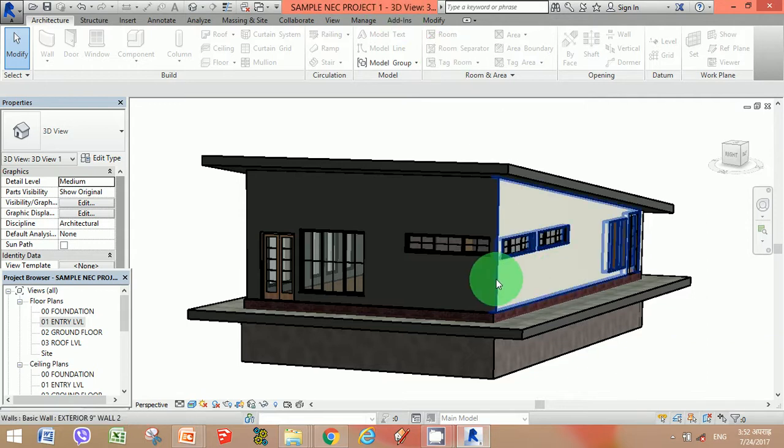And this way we designed a building and a sample project for our Revit basic tutorial. Further, we would continue with dimensioning and scheduling in our next tutorial.